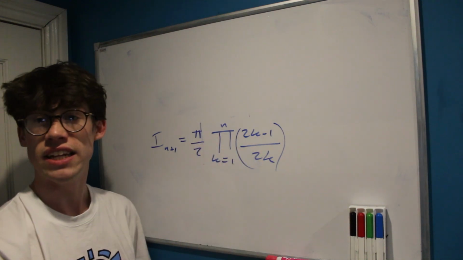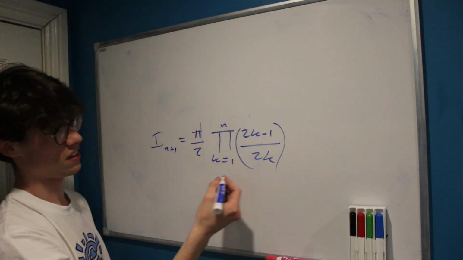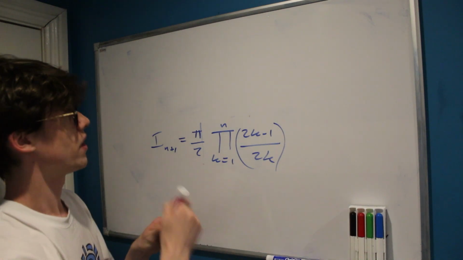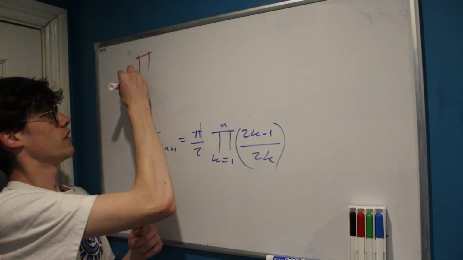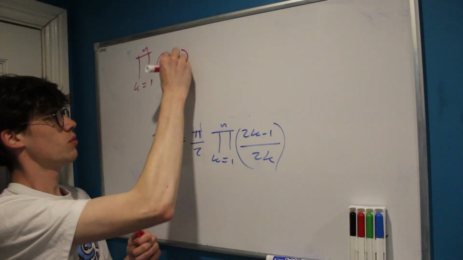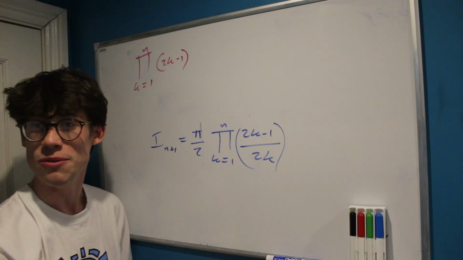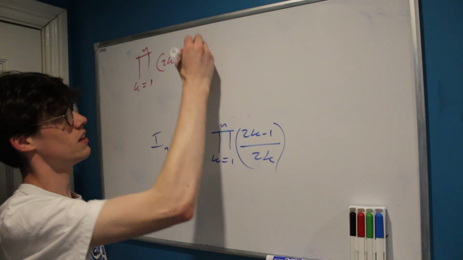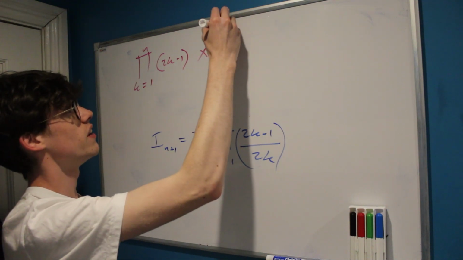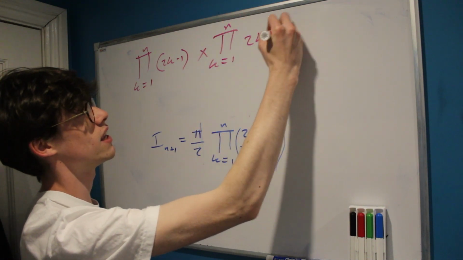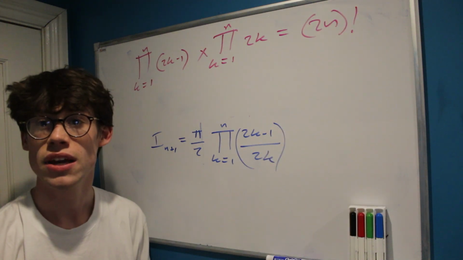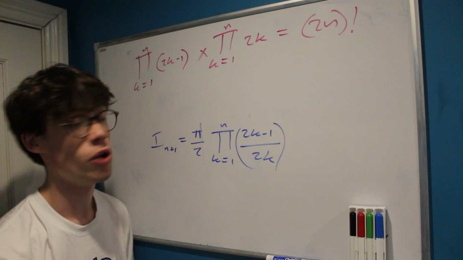Well, actually, let's think about the numerator first, because that's the hardest part. Our numerator, which I'm going to write in pink, is this product. It's the product from 1 to n of 2k minus 1. But there's a nifty way we can simplify this. It's by saying that that product times the product from 1 to n of 2k is the same thing as 2n factorial. And that might sound a bit confusing or like it's come out of nowhere at first,